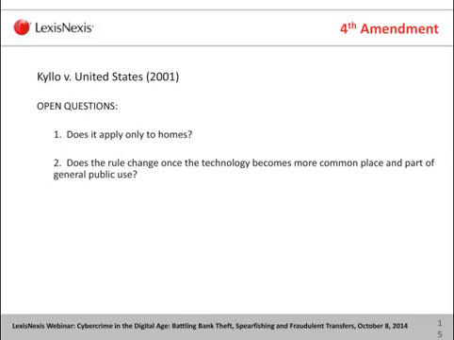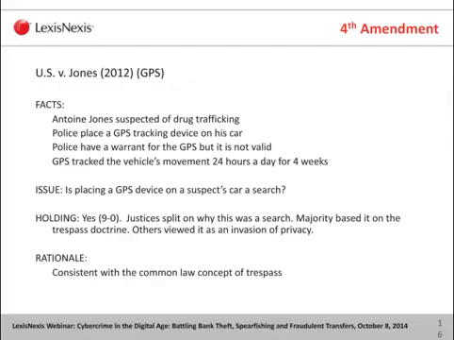Will this change? This wasn't a slam dunk case. It was a very close call. And will things change as things become more used, more common in society? So that is Kyllo. Now, the next case I think more people may be familiar with, and that's United States